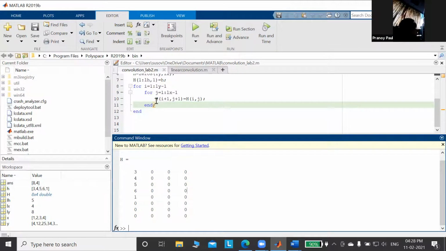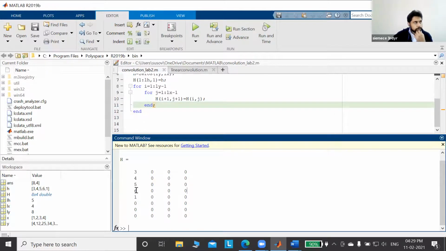If you perform this loop, then you can get this rotated matrix. So if I run this program, you will see this. Just a minute, one more thing. First of all, I have taken ly minus 1. That means column wise.